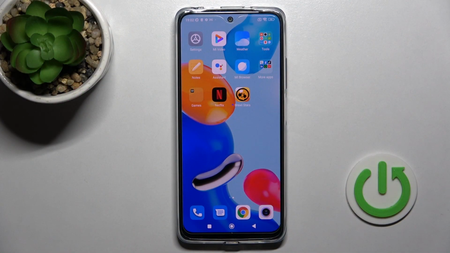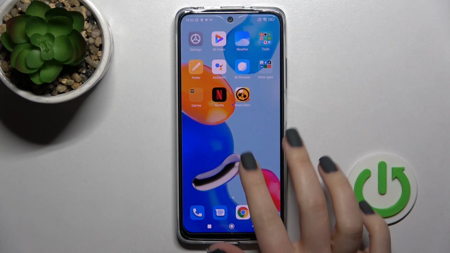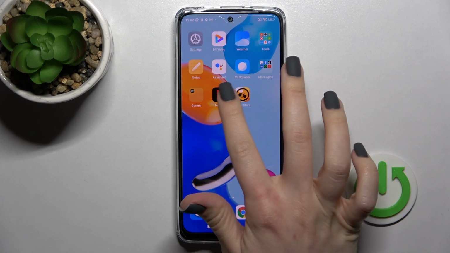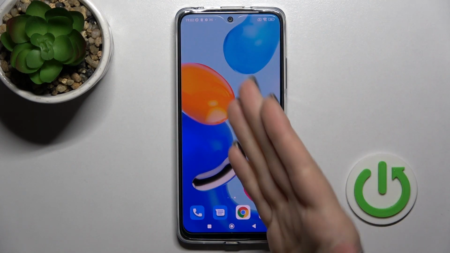Welcome to in front of me, so I am a Redmi Note 11 and I'll show you how to add or remove home screen widgets on this device. So first you should select the screen where you want to add the widget. In my case that will be the new one to have a little bit more space to show you how